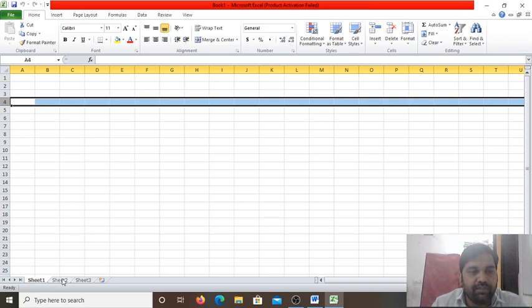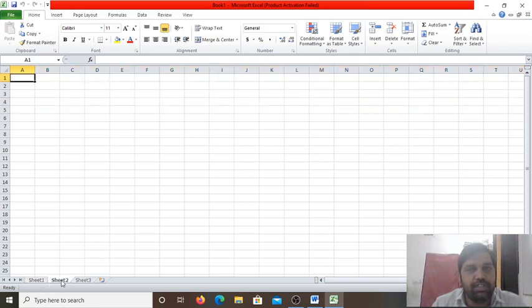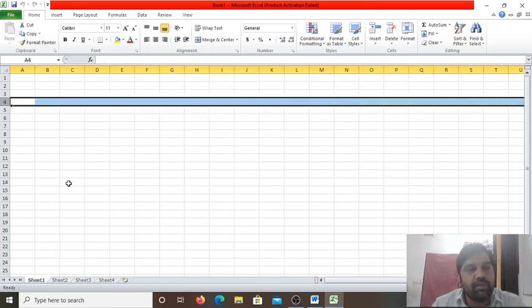And here you can see by default three sheet tabs are there. I am working on sheet 1. If I want to switch to another sheet, I click on sheet 2. Now see, sheet 2 is opened, and if I click on this new sheet button, sheet 3 will be opened. This is for inserting a new worksheet, or you can also use the shortcut key Shift plus F11. So here if I click on this, a new sheet will be added. See, sheet 4 is also added. Okay, so now again I am coming back to sheet 1.